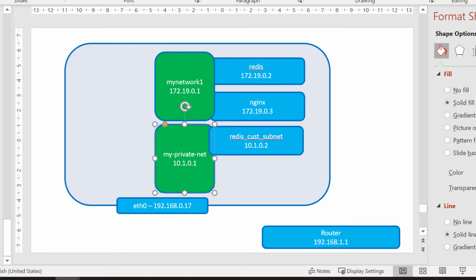In the next lecture we are going to see how we can attach multiple custom networks to a container, as well as how I can establish a connection from one custom network to the other custom network by establishing a bridge network. So in a quick summary, we have seen how to create a custom network with a custom subnet, how the communication within the custom network happens, and why containers across custom networks are not able to communicate.